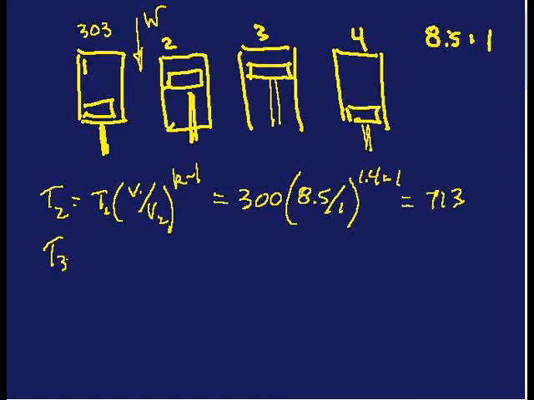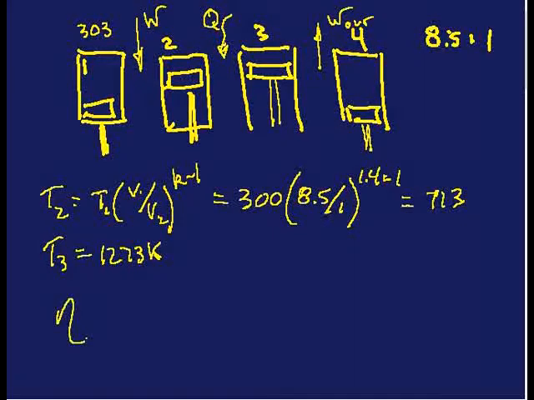T3 was given as 1000 degrees C or 1273 Kelvin. So, Q goes in between 2 and 3, and work goes out between 3 and 4. And so this is work out. So the efficiency, thermal efficiency, is equal to work net over Q that was added is equal to, let's see, Cv